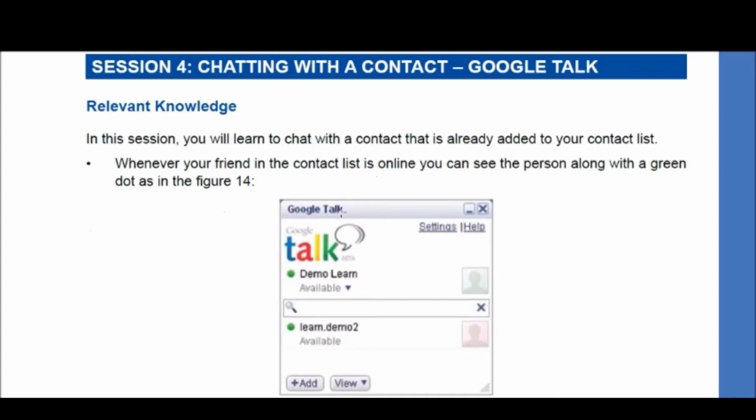So now whenever you want to chat using Google Talk, I had already told you that first of all you should have a Gmail account. Okay, then when you have a Gmail account, both the parties should have this app installed, Google Talk. So Google Talk is basically web based and application based, means you can download this Google Talk, install it in your computer and then use it, or from your Gmail directly you can chat.